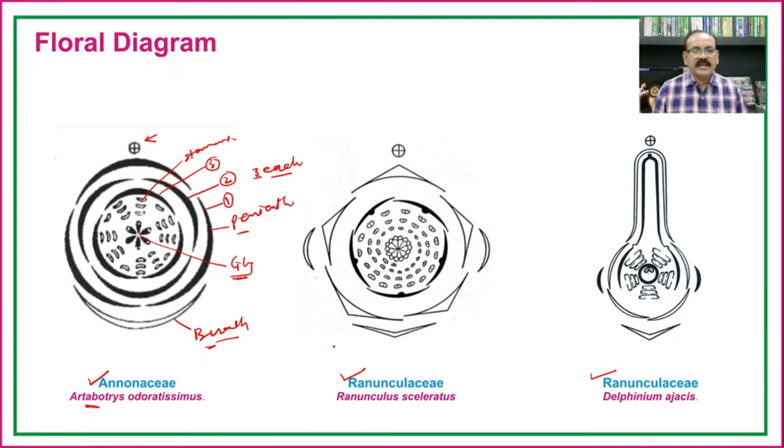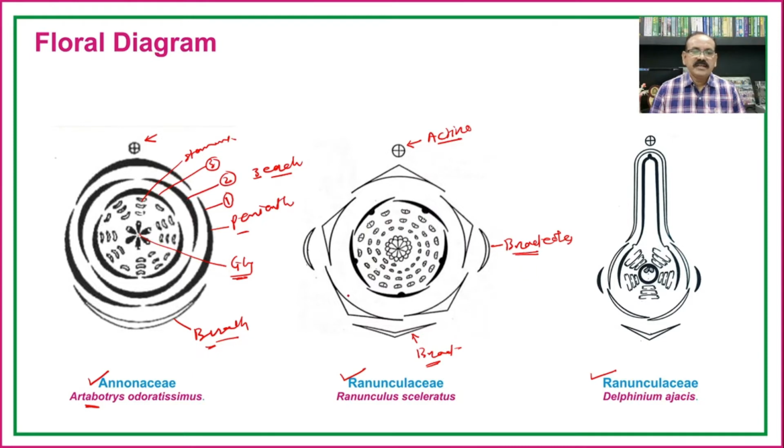In the second diagram, here in the Ranunculus sceleratus, the flowers are bracteate, hence the bract is given. Again, there is the presence of bracteoles, that is the flowers are bracteolate, hence two bracteoles are drawn. Usually there is a presence of the single bract and two bracteoles, or rarely there are many bracteoles. Then again the flower is actinomorphic,